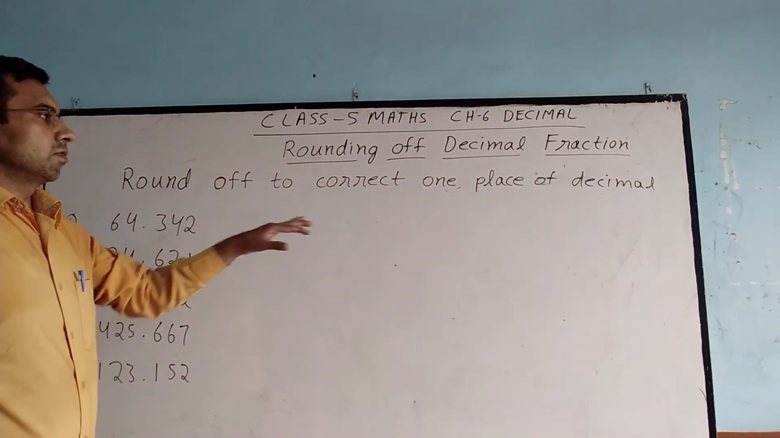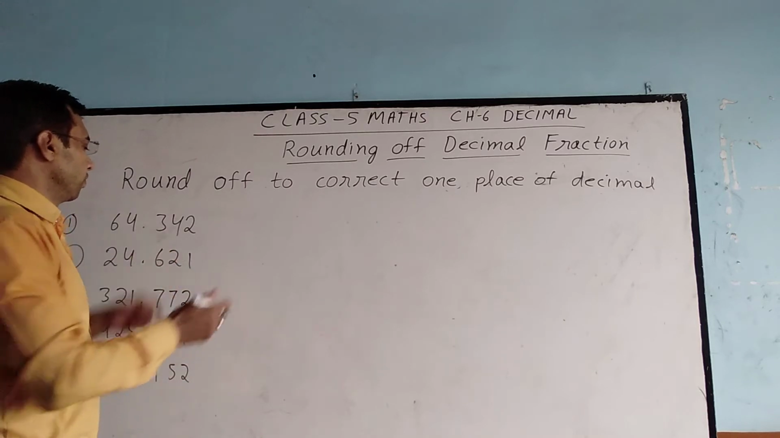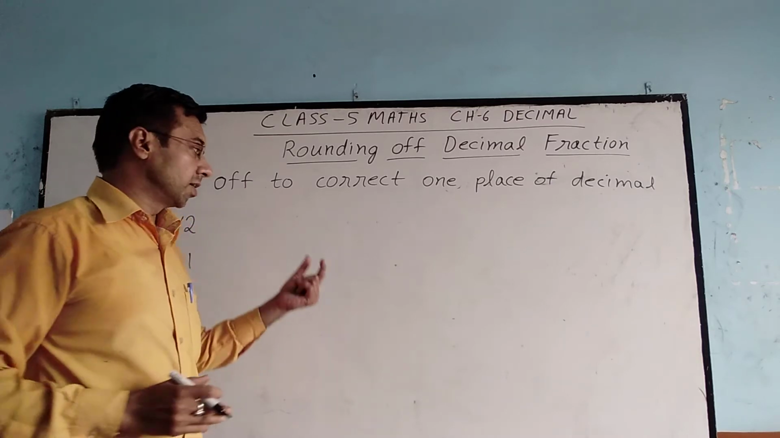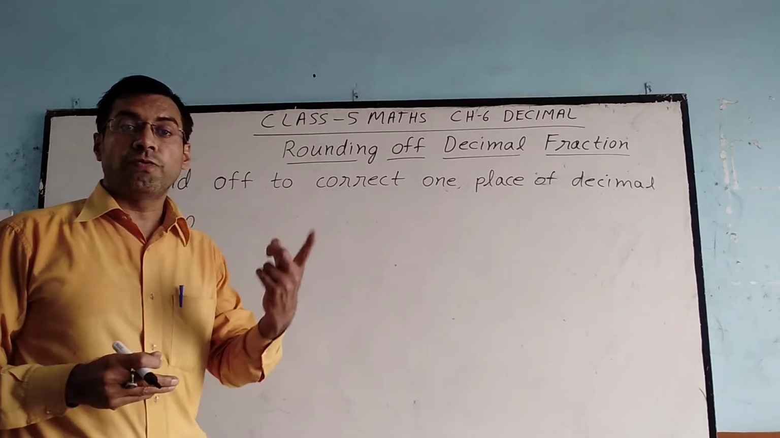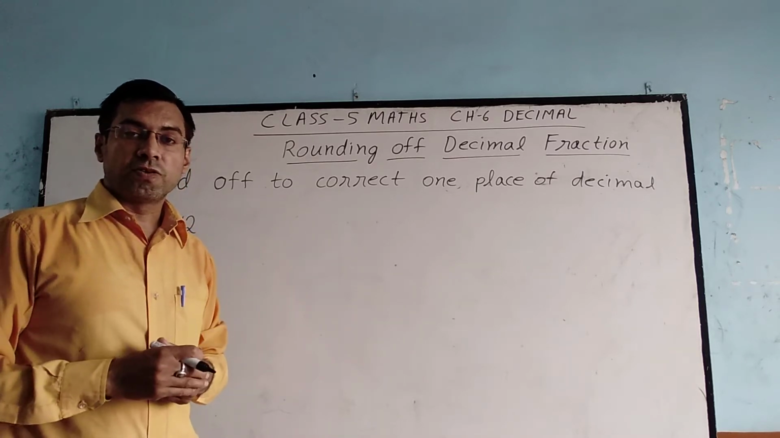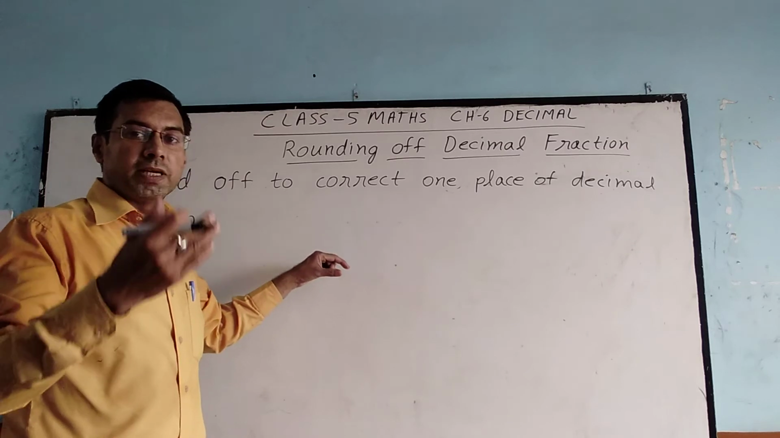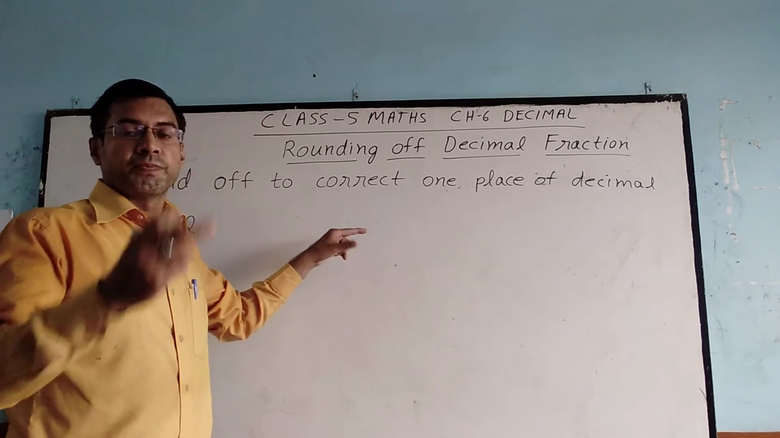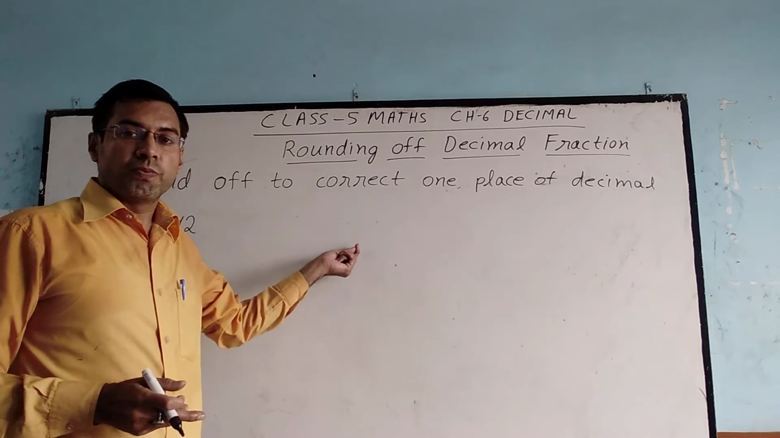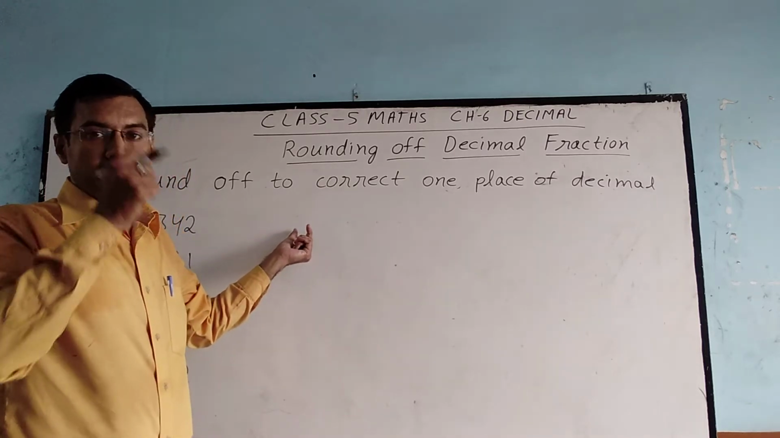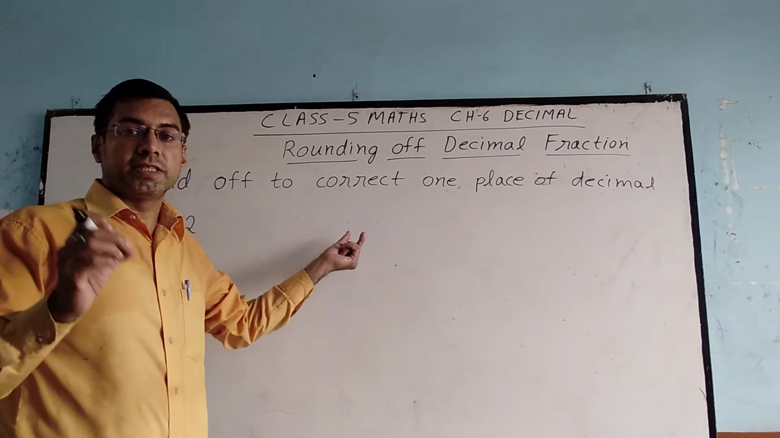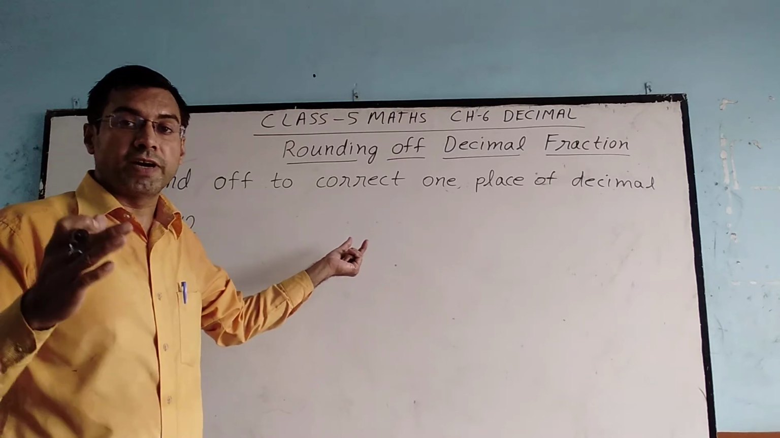While rounding off to correct one place of decimal, what do we do? We compare the hundredth place digit with 5. If the hundredth place digit is less than 5, then what do we do? We change the thousandth decimal place to 0, the hundredth decimal place to 0, and the tenth decimal place remains the same. There is no change. And if the hundredth place digit is equal to 5 or greater than 5, so what do we